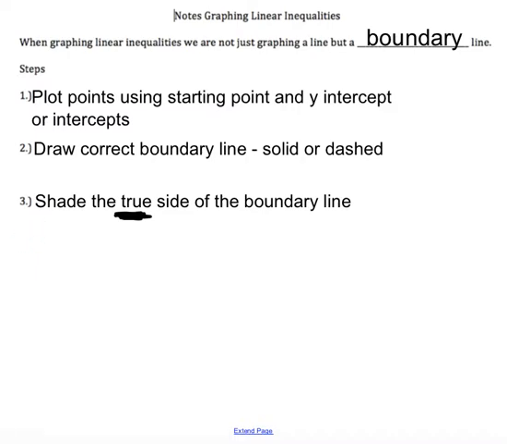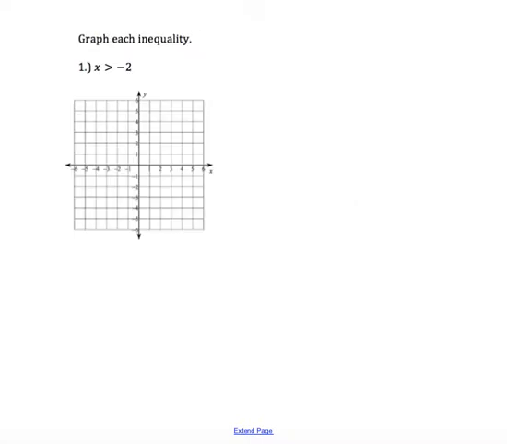All right, let's go ahead and jump into example number 1. So on example number 1, we have x is greater than -2. And so when you have one variable, remember you have your mnemonic device, HOY, VUX. That can help you remember, should this line be vertical or horizontal? And because it's an x, I think VUX, and I'm looking for a vertical line at -2. So I'm going to put a dot at -2. I know this needs to be vertical, and